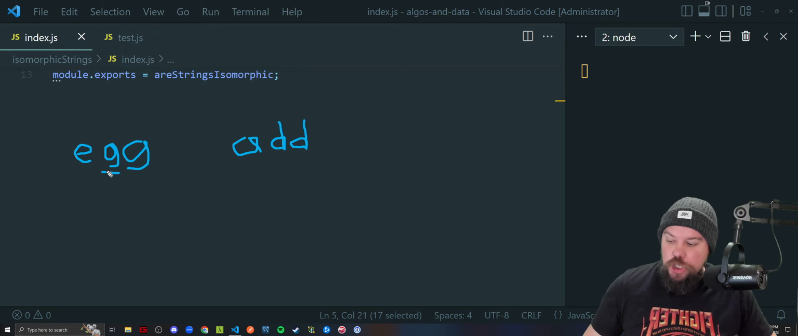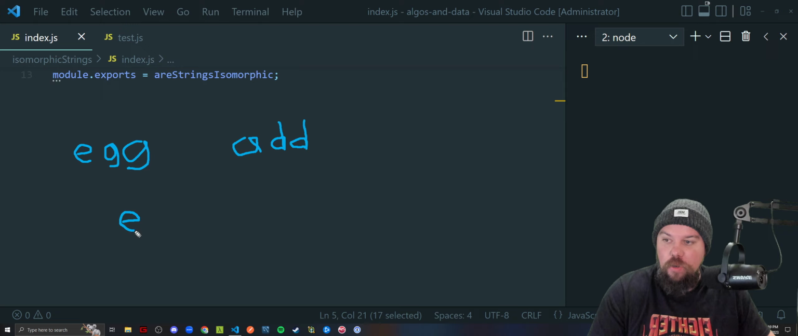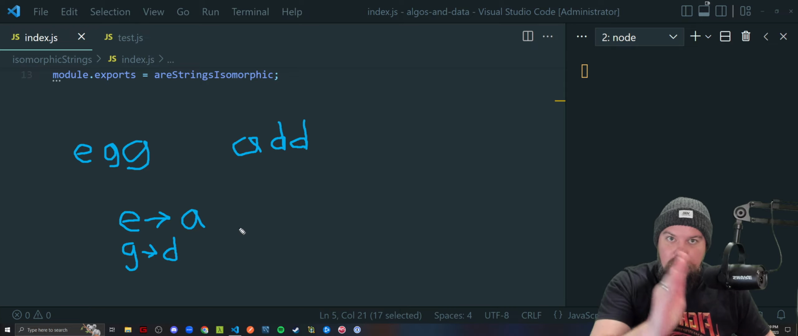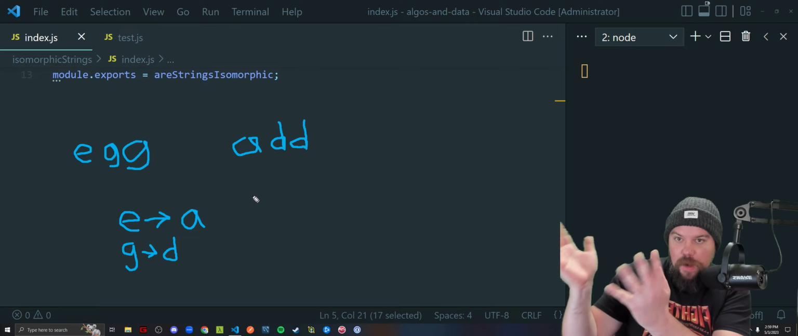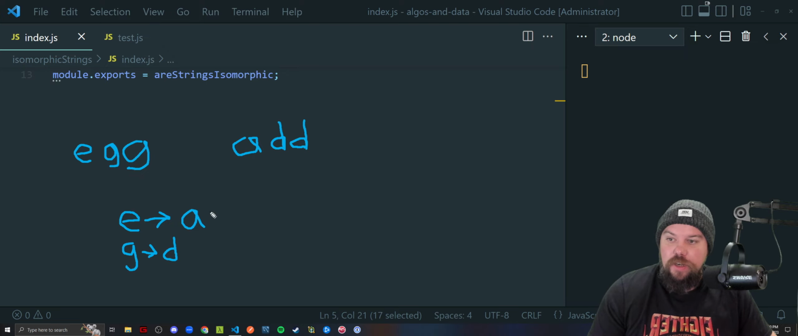Now, because G is mapped to D, we cannot remap G to something else, right? So far we have a map that says all E's must become A's in order for this to be isomorphic. If E is supposed to be mapped to anything else in the character swaps, then we already have a problem. Then G is mapped to D, and so long as G is always D in our character swaps, then this pair of strings is isomorphic, right? That way, if we replace the character E with A, basically it'd be a swap, that would become